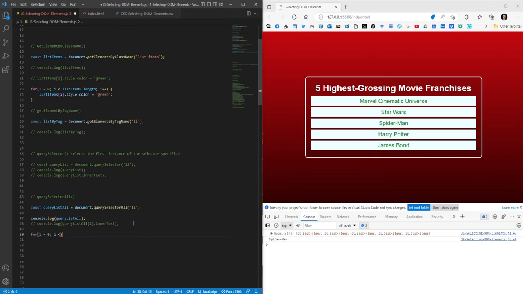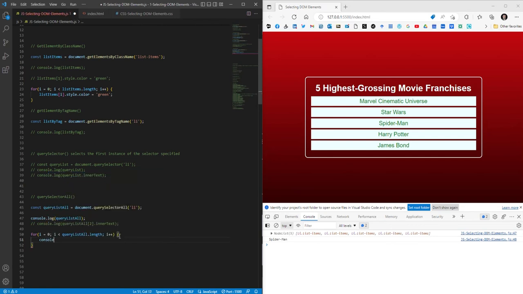And less than, and again we're going to use the length of the variable itself as the test, and as long as it passes the test, we want to increment the variable. And now as long as this is true, it's going to pass into the function, and the function we want here is